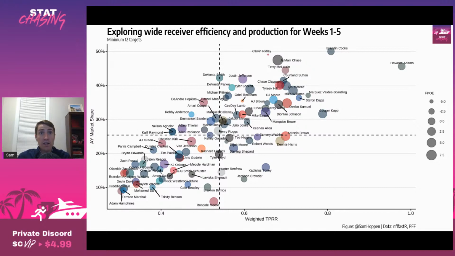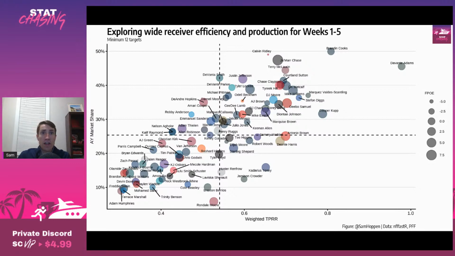He's also had 18 targets combined over the last 2 weeks, which is only 1 fewer than DJ Moore over that span. Additionally, after 2 straight weeks with a routes rate at 85% or below, Anderson's been at 90% plus for the last 2 weeks. So really, really encouraging stuff.